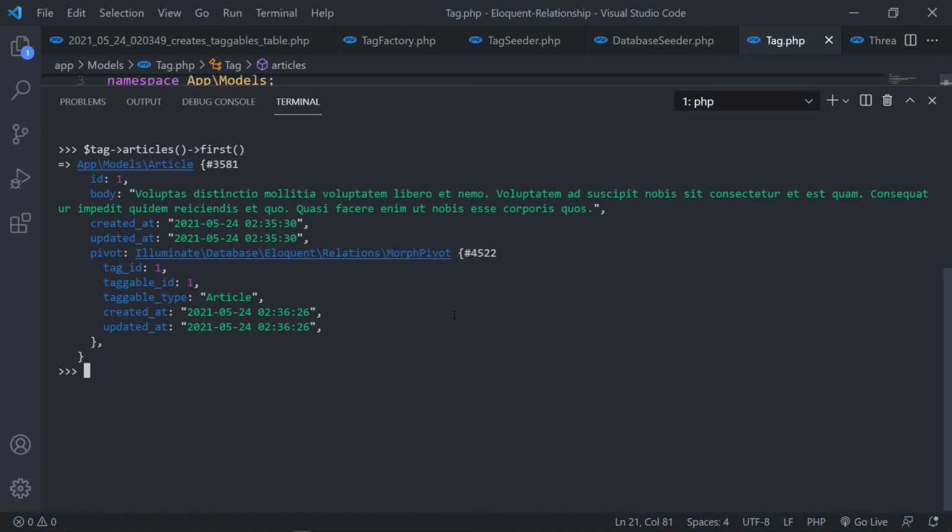Now, basically what we're going to do is create a helper trait called HasTags, and then you can add that helper trait into any model. Basically, if you have many models that are going to require tags, then you just add that trait inside them. For those that are finished with the lesson, this is just the bonus part